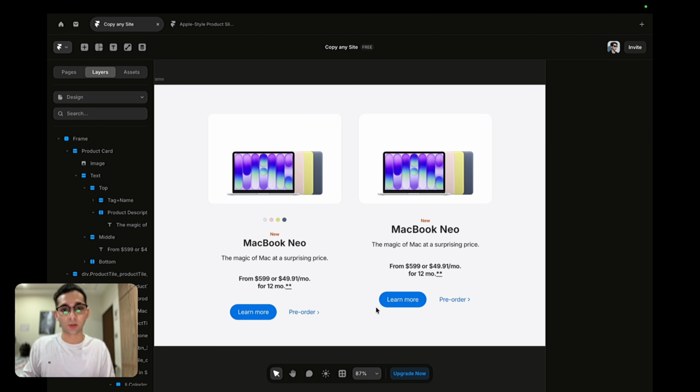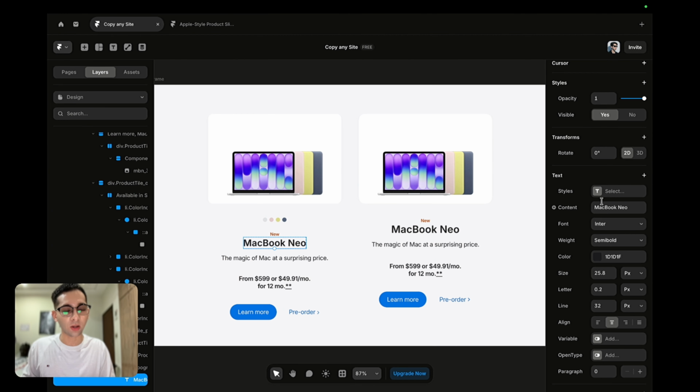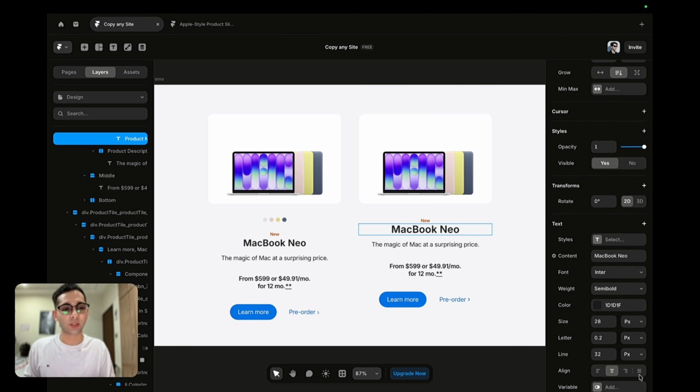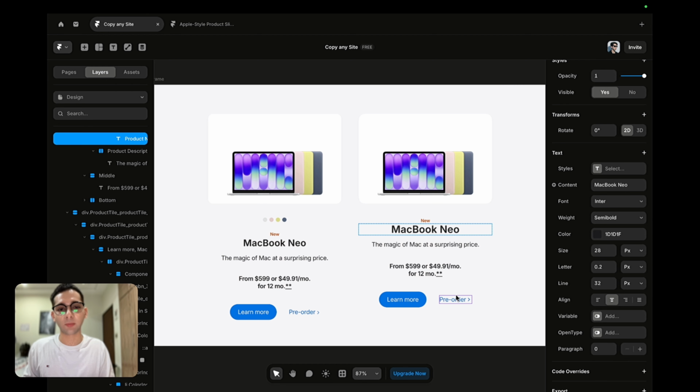All right, so as you can see, on the right-hand side is my own card container or card that I recreated using values from here, using the design from here. So for example, let's say for this text right over here, on the right-hand side, you can see the exact text settings that the plugin gave me. And here I've just copied the appropriate settings for myself. And yeah, so I could just